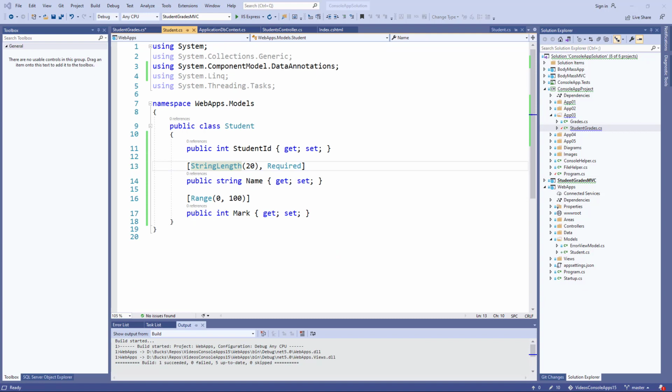The first thing we're going to do in our web app, in our models folder, is to add a student class. So add a class called Student.cs, and we're going to give that student three properties. The name, which is required for App03, and the mark, which is required for App03. But because we'll be saving our data in a database this time, for the first time,